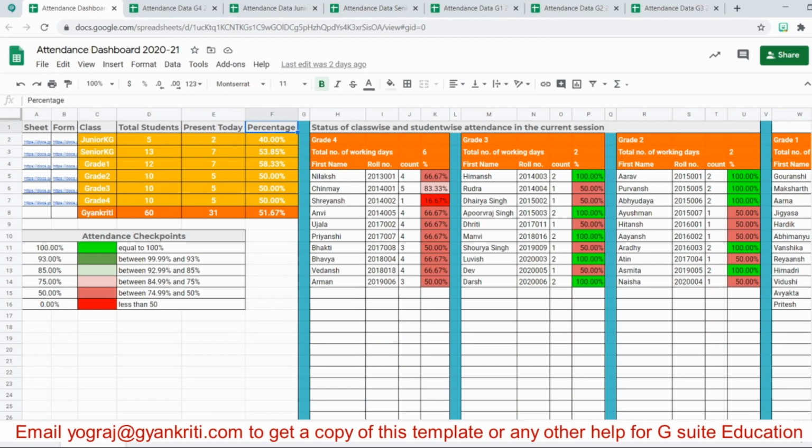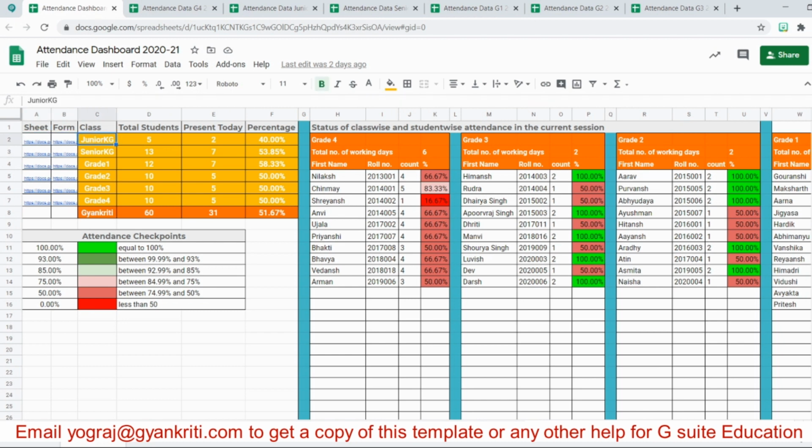At Gyan we always try to build our own applications instead of going for a custom ERP. We try to build most of the applications using the G Suite for Education tools. So we have created an attendance app which works with the combination of Google Forms, Google Sheets, and AppScript.